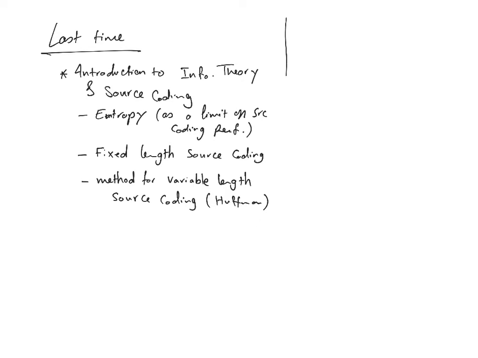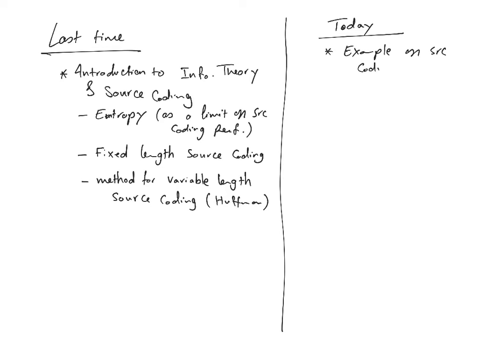So the agenda for today is two main things. Number one, we are going to take examples on source coding. We're going to solve some numeric examples. Then we are going to discuss information theory